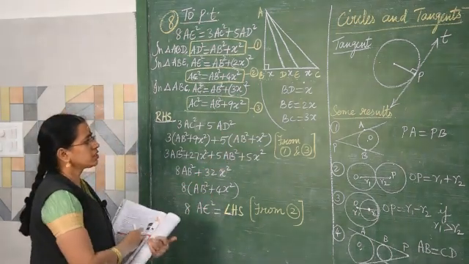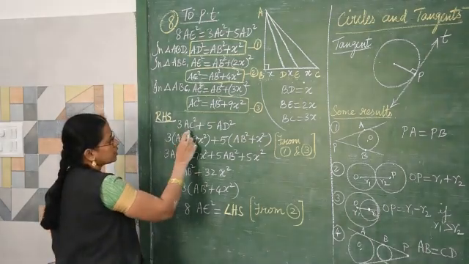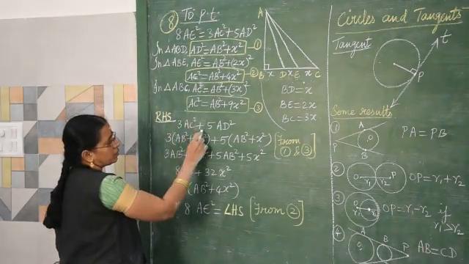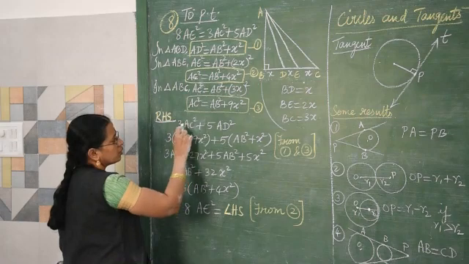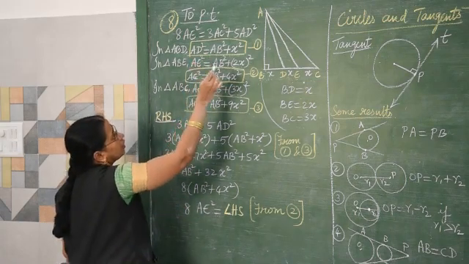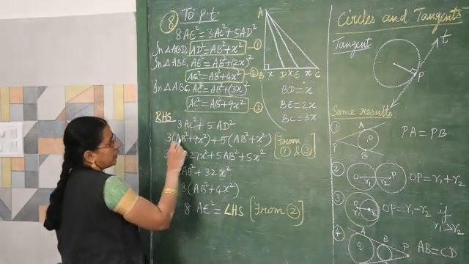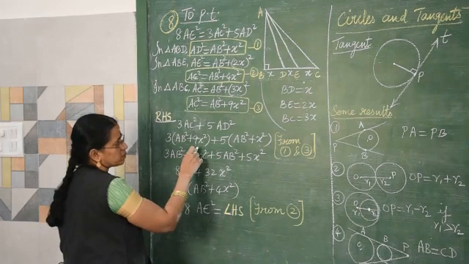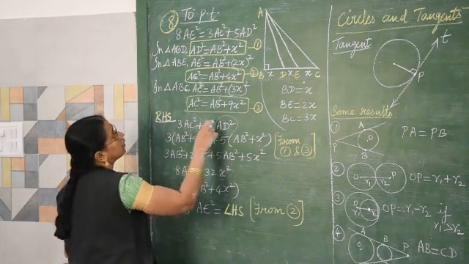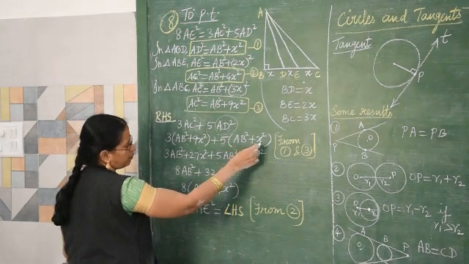And from the condition given, you are taking the RHS. What is that? Thrice that of AC square plus 5 AD square. This AC square will be replaced from equation 3. So what is AC square? AB square plus 9x square, we are substituting. Likewise AD square is replaced from equation 1, so 5 into AB square plus x square.